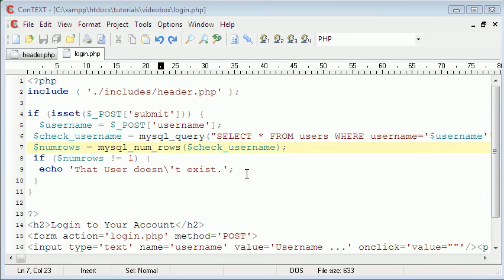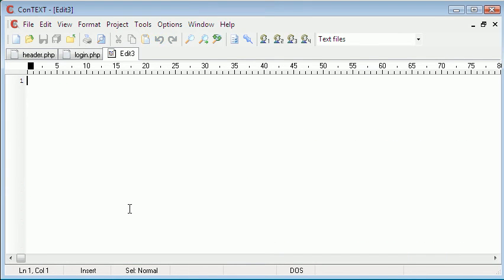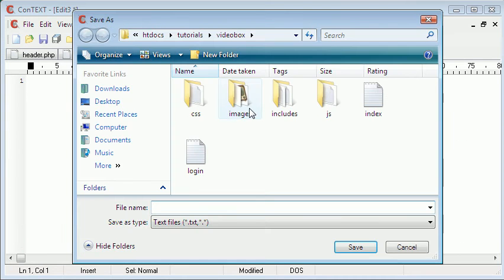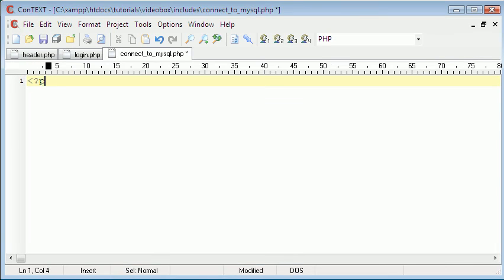Okay, so the reason this is failing is because we haven't created a MySQL connect script. So that's what we'll do now. We'll just create a new file really quick. We haven't actually connected to our database, so it doesn't know what to look for. So we'll just say connect_to_mysql.php, and then we're just going to say